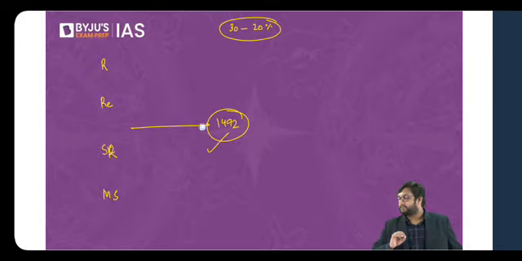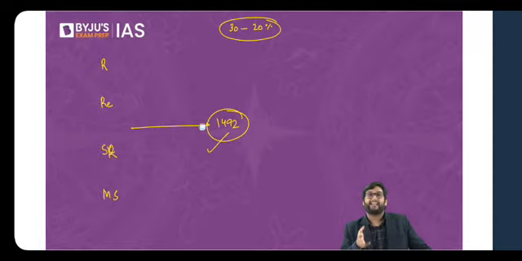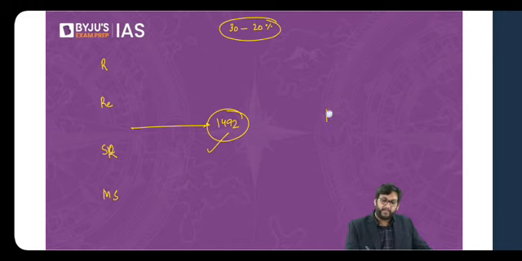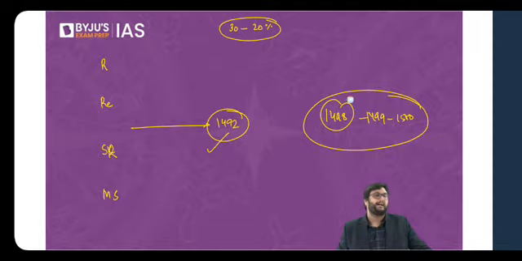What I'm trying to argue for the past close to an hour is that don't take Christopher Columbus for granted. Don't take Vasco da Gama for granted. Don't take Bartholomew Diaz for granted. Diaz reached till Cape of Good Hope. The 1498, 1499 and 1500 exploration of reaching India was also part of this larger project.